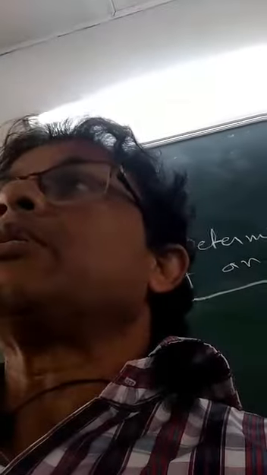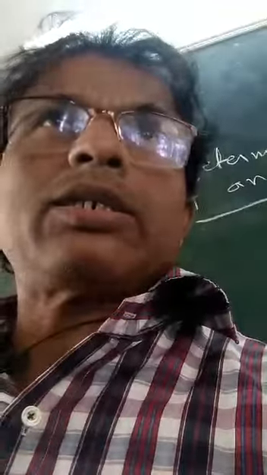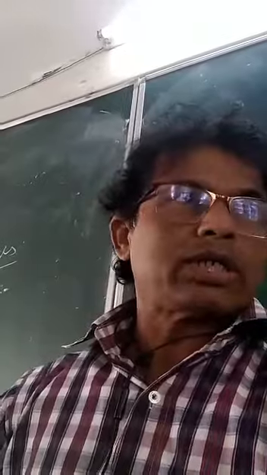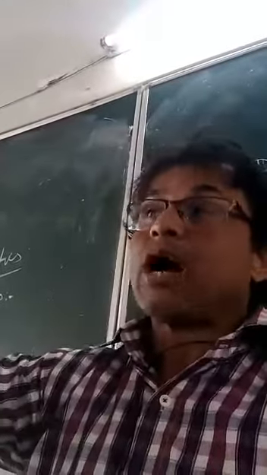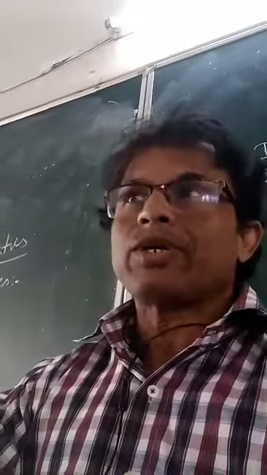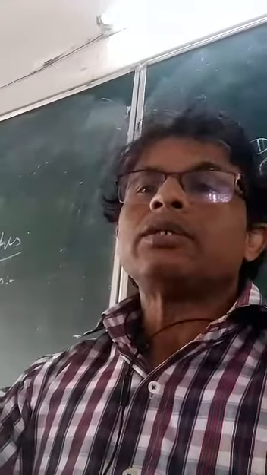So number one you take, because there are three. Number one, resident and ordinary resident. Number two, resident but not ordinary resident. And number three, non-resident. So these three items, how to determine? Let us take one by one. Number one, resident and ordinarily resident. Let's take that.